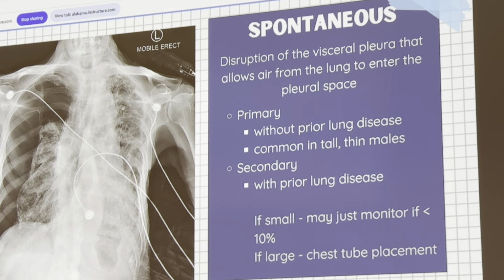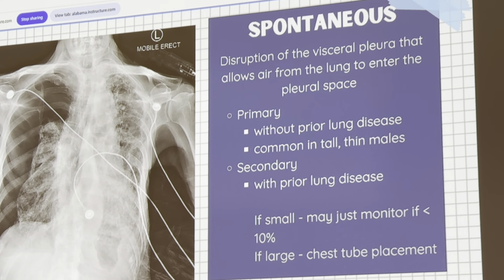All right? With that, primary. No prior lung disease whatsoever. Nothing that should cause this to occur. So it's just spontaneous. It just happens out of the blue. Somebody can be just walking around and it just happens. It just occurs. That's your primary spontaneous pneumothorax. The people that are most at risk, tall, thin, lanky, white males. All right? So somebody that's just real tall